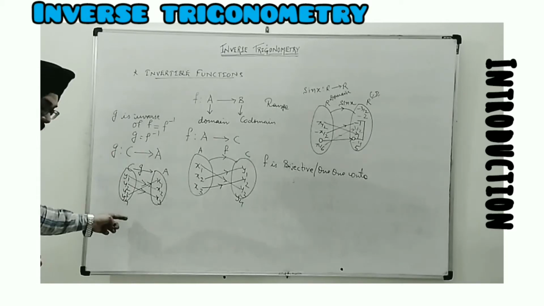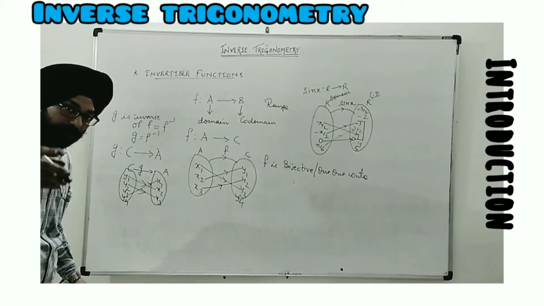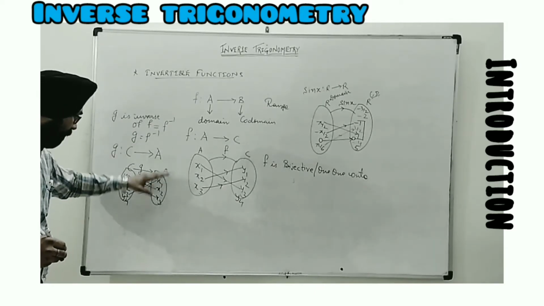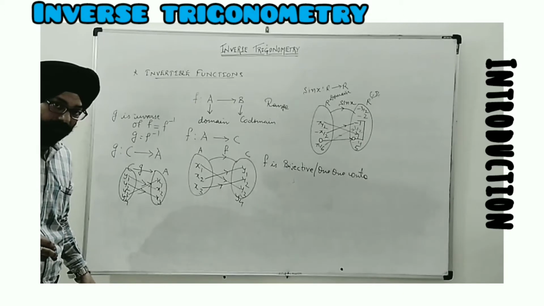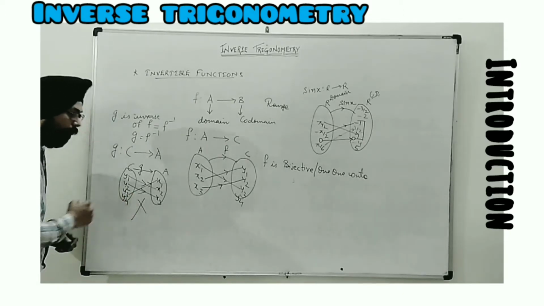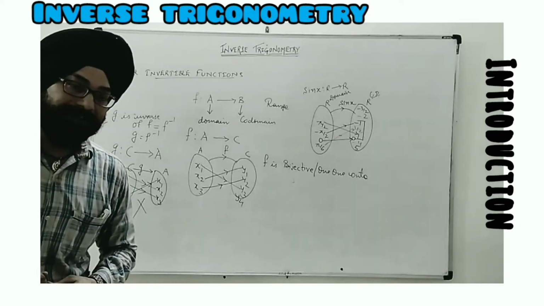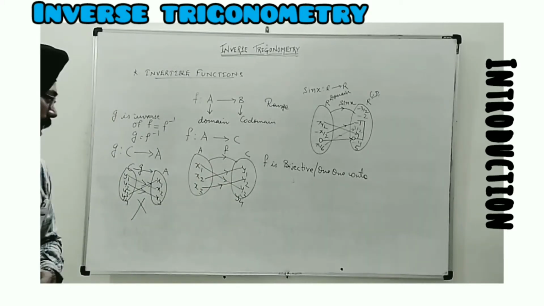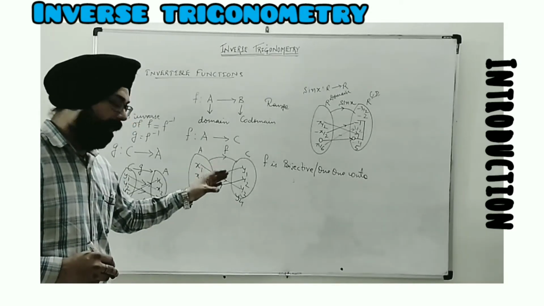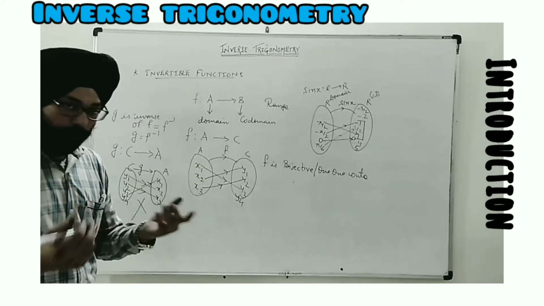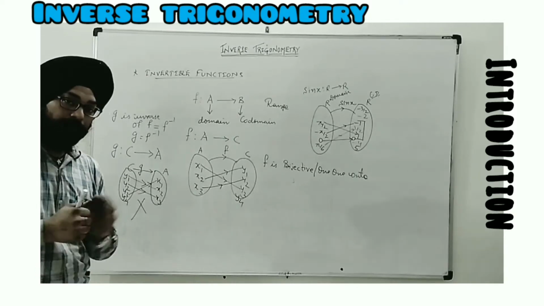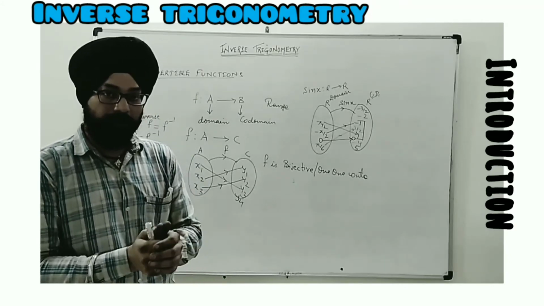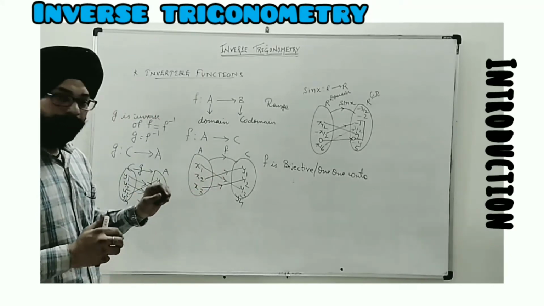But by the basic theory of function, y4 cannot remain without an image. This will not satisfy the definition of a function, so g cannot be considered a function. This is the main reason why bijectivity of a function is needed. You must keep in mind that a function must be bijective to be invertible, and then we can find its inverse. As I said, if you want the details, see the module on relations and functions. For introduction, this much is enough.